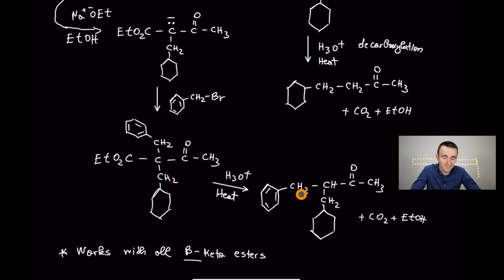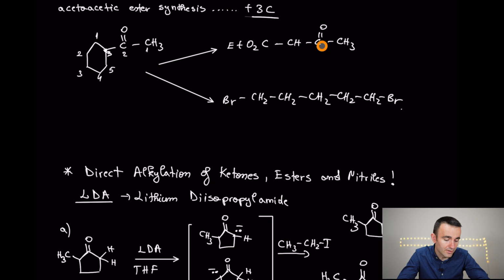Even with acetoacetic esters, you can form cycles. You have to be careful because this carbon here belongs to the acetoacetic ester, right? Because you need to add 3 carbons, 1, 2, 3. For example, what are the components of this one? Acetoacetic ester and these 1, 2, 3, 4, 5 carbons that come from the dihalogenated terminal sides of the alkyl